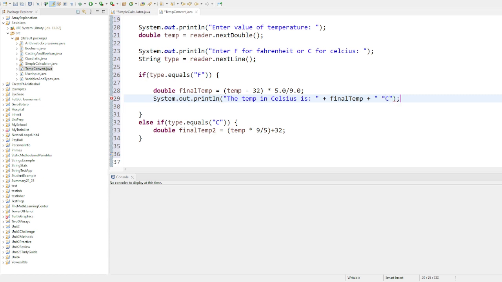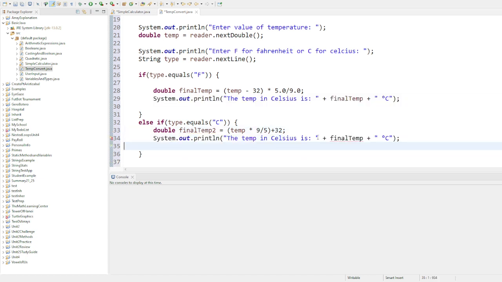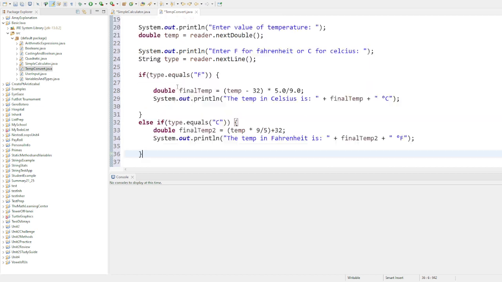Okay. Then we're going to do exactly the same for this part for Fahrenheit, and the temperature in Fahrenheit is, and then we're going to say final temp 2, and then the little thing in Fahrenheit. Okay. So that would be our